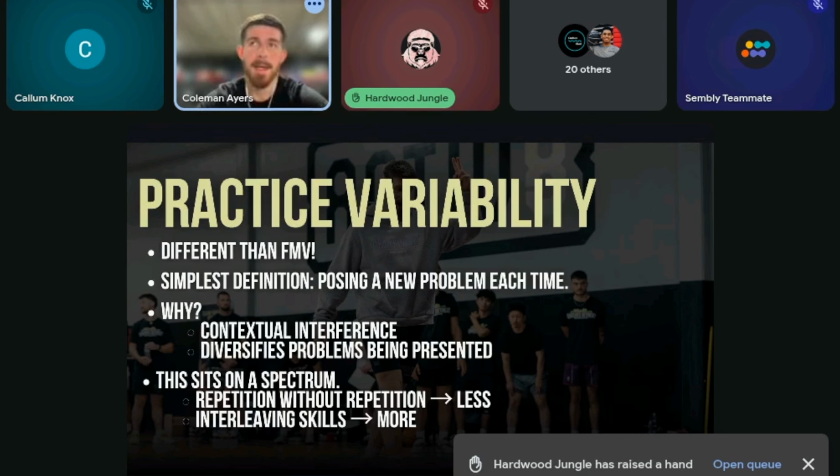So this could be something like, you get a rep from the perimeter, like a shooting rep, and then you switch it over and get a closeout attack and you get to the rim. And this is something we do more so with high level athletes, where we'll still do a lot of repetition without repetition to allow them time to experiment and really get into the depths of exploring that specific problem.